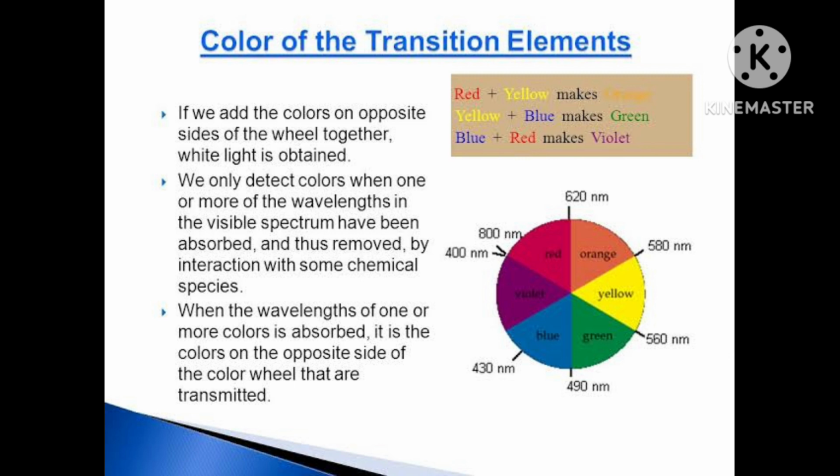Then I will tell you the calculated and observed magnetic moment values. The experimental data are mainly for hydrated ions in solution or in the solid state. I will compare both values, calculated and observed. Calculated means the theoretical value, and observed is what you actually got. These experimental data are mainly for hydrated ions, meaning ions with water, in solution or in the solid state.